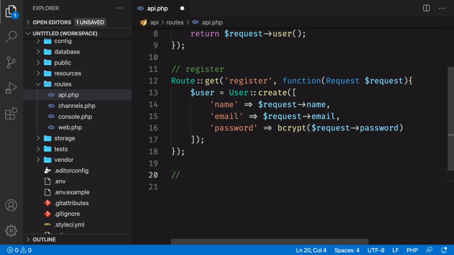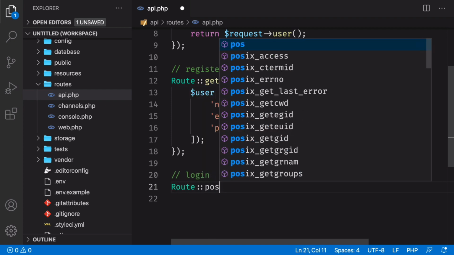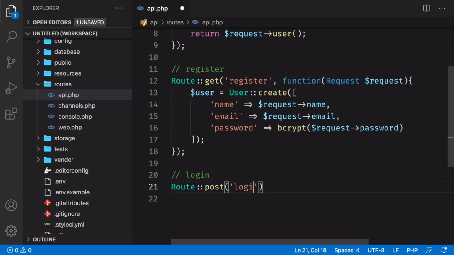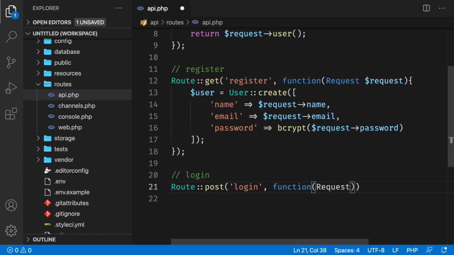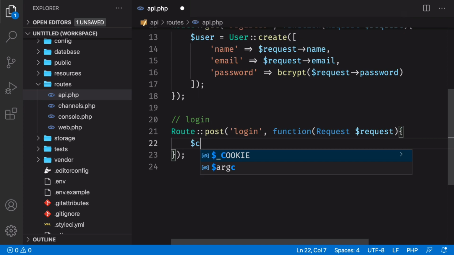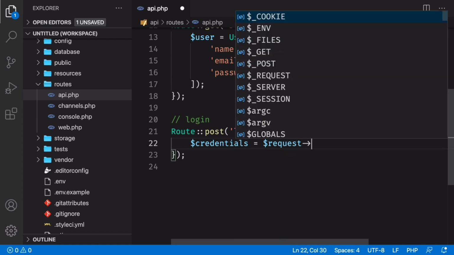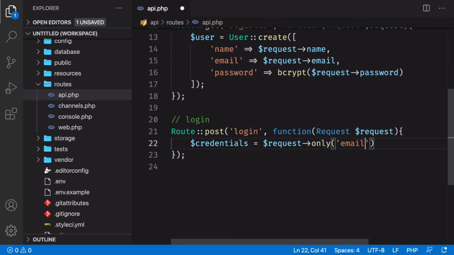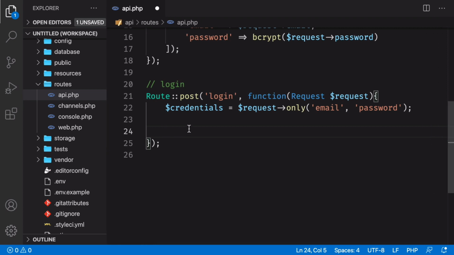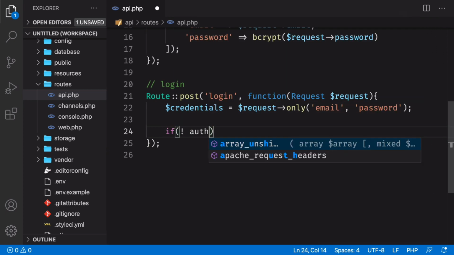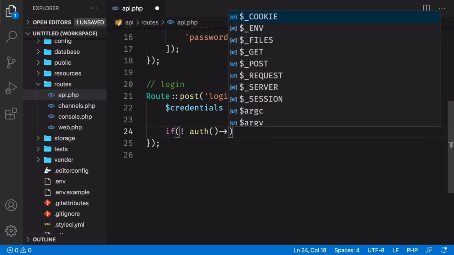So from the registration route, we're also going to have a login route. And for the login, this is going to be a post route because we're actually going to be posting the login credentials from the Nuxt client. So again, function request. And now the first thing we want to do is grab the credentials that we need to authenticate the user with. So it's going to be request only, email, and password. Then we need to check to see if we can authenticate the user with those credentials. So here we just say if we cannot authenticate the user with the given credentials, so if auth attempt,